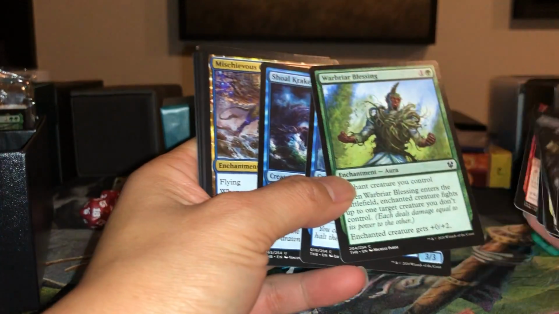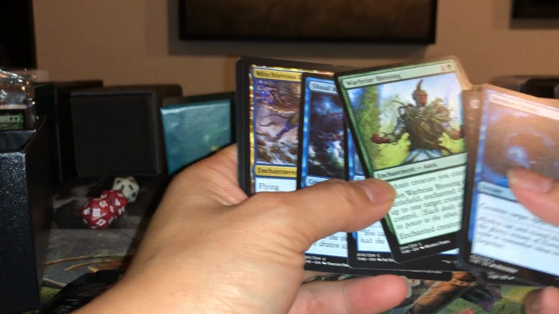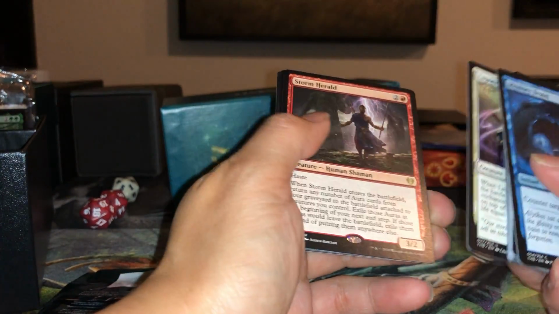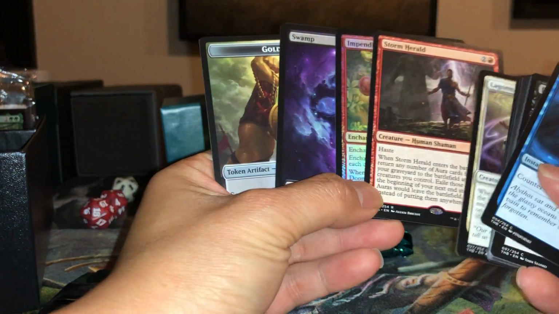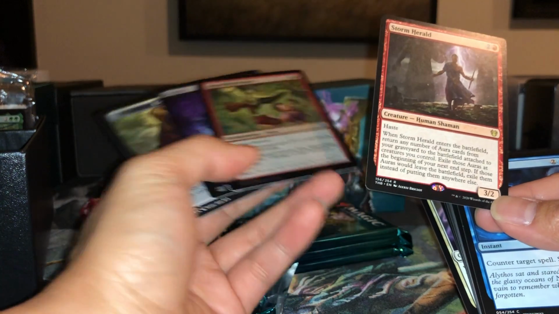That's another premium uncommon, Warbriar's Blessing. You enchant the creature and it fights and gets +0/+2. Mischievous Chimera, Laguna Band Storyteller, Storm Herald, and another foil. It's a third foil. Pending Doom, nothing special. Storm Herald, yeah, well, it's sort of like